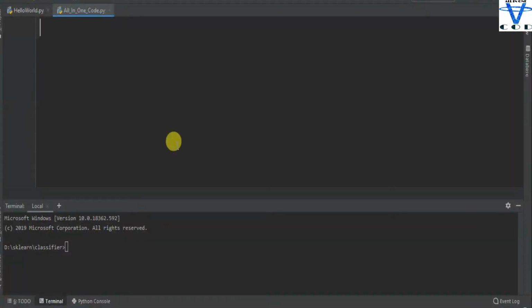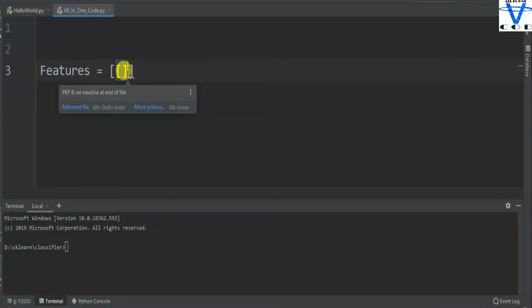I'm gonna name it features, and in the features, in the double list, you have to enter all of the features. Now this is the single list, and we want to add two features, so that's why I'm gonna use a list in the list. So our first feature is, you can see here, 7.3 screen size and